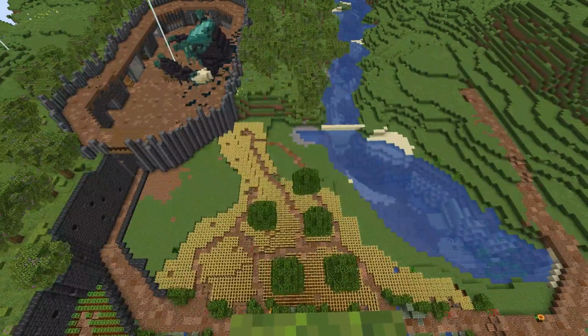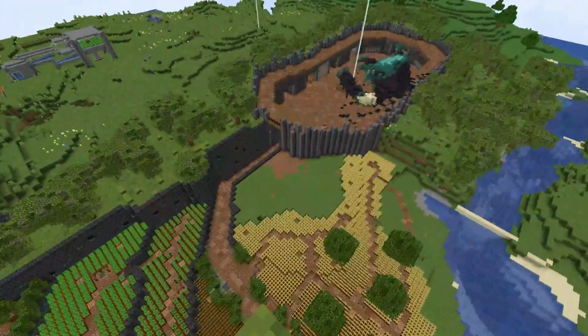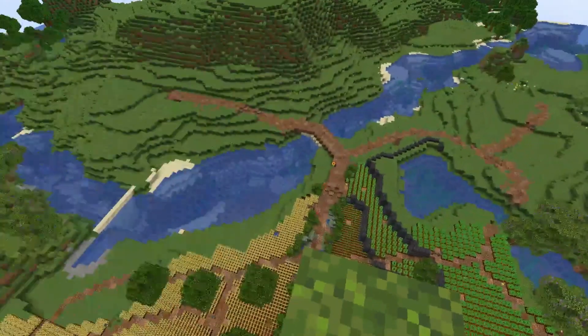Alright, so back up here on the perch, you can see that I've done some terraforming. I removed all of the trees and flattened out that land. And I also removed all of the sugarcane that was...